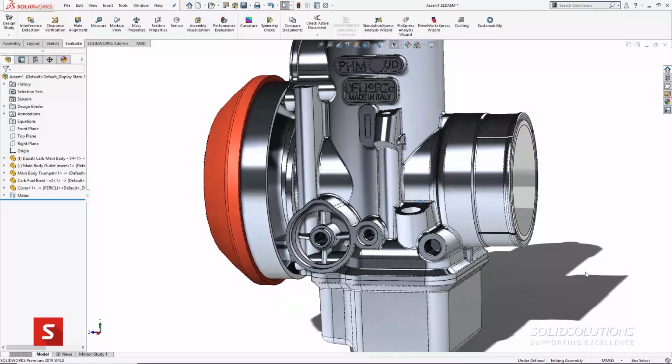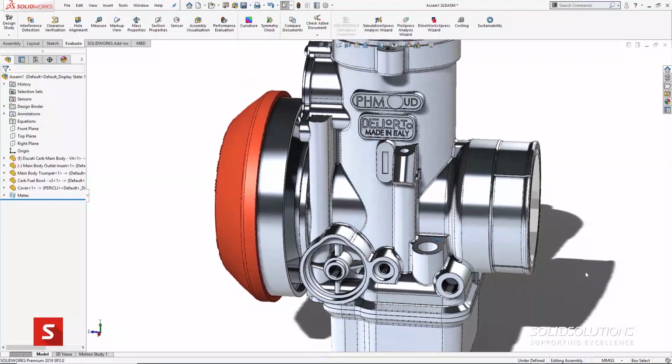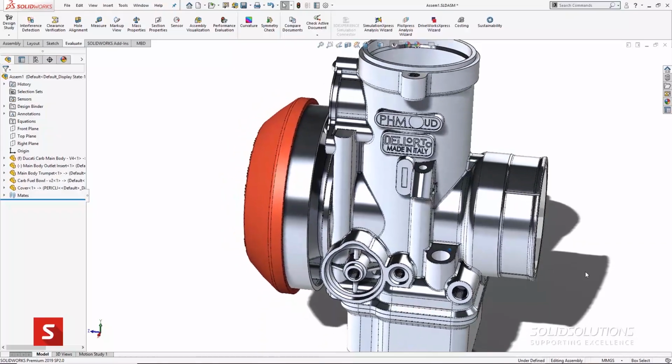And to be honest, even if the object isn't organic in shape, something like this carburetor body, having to draw lots of features that need to relate to each other accurately can be really difficult, and you end up taking a lot of measurements and it takes quite a while. If you've got scan data as a starting point, then it's going to really speed up the process and make it more accurate.